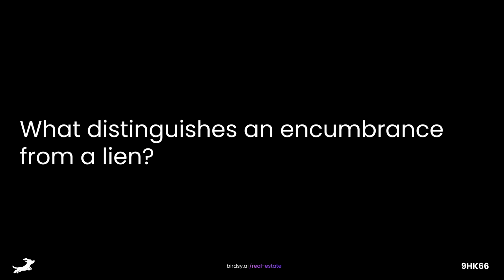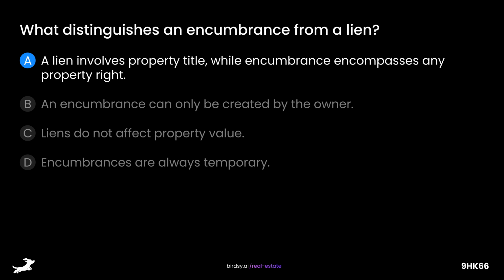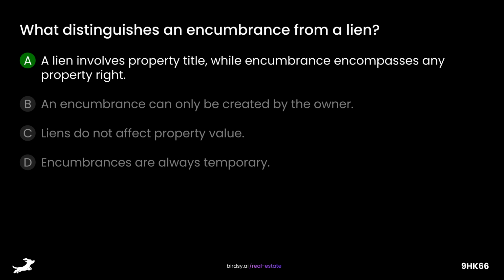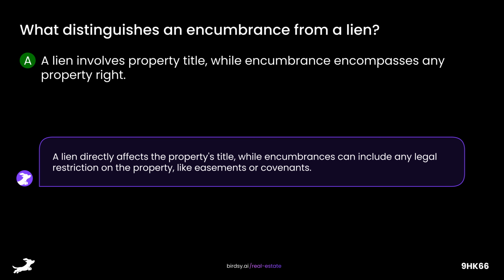What distinguishes an encumbrance from a lien? Is it A, a lien involves property title, while encumbrance encompasses any property right. B, an encumbrance can only be created by the owner. C, liens do not affect property value. Or D, encumbrances are always temporary. The answer is A. A lien involves property title, while encumbrance encompasses any property right. A lien directly affects the property's title, while encumbrances can include any legal restriction on the property, like easements or